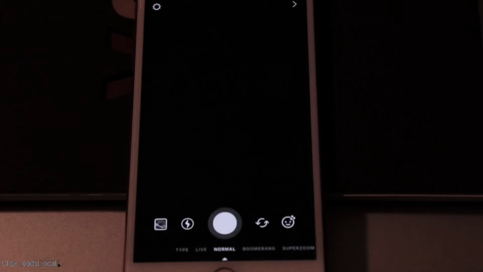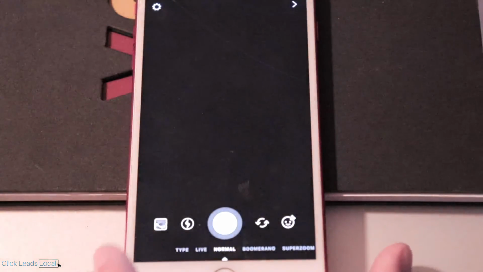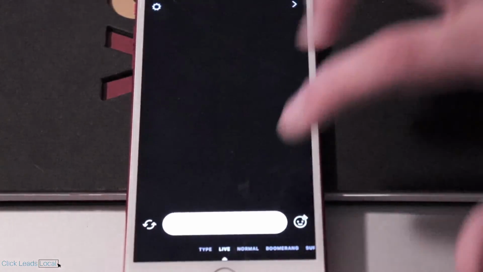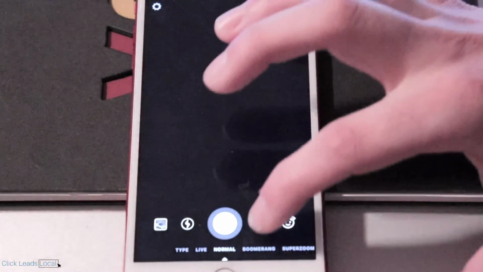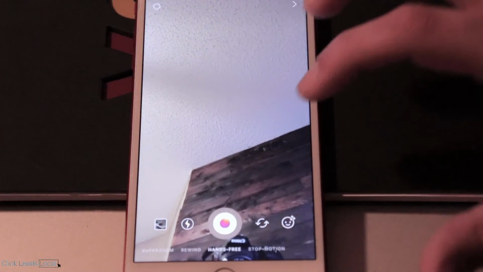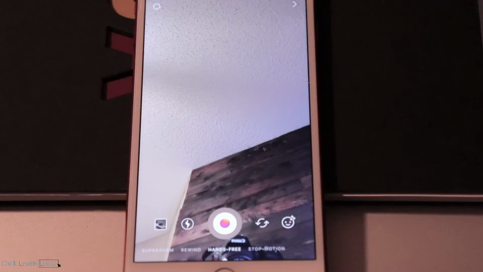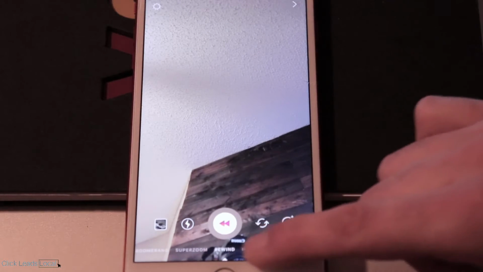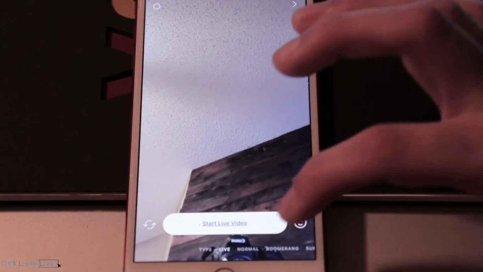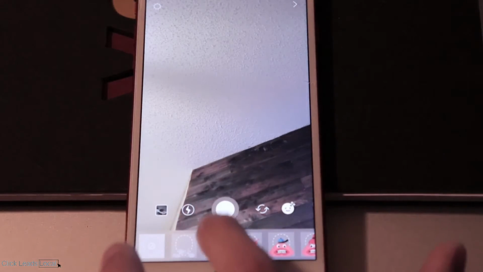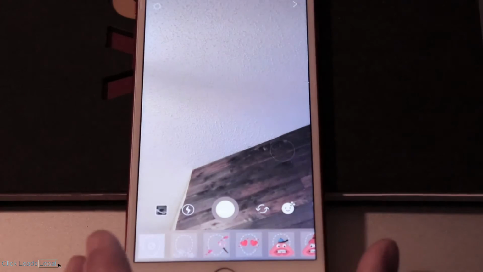So with stories, there are a few little hacks that you can do. First, you have an Instagram Live, and this is how you would run Instagram Live. And you have your normal mode. You have a boomerang, you have super zoom, you have rewind, hands-free, which means you just click it once and it'll automatically record for you without you having to hold it. But a few little hacks is if you want, for example, maybe a clean slate, like a clean colored background, what you would do is take a picture and then you would hold it,